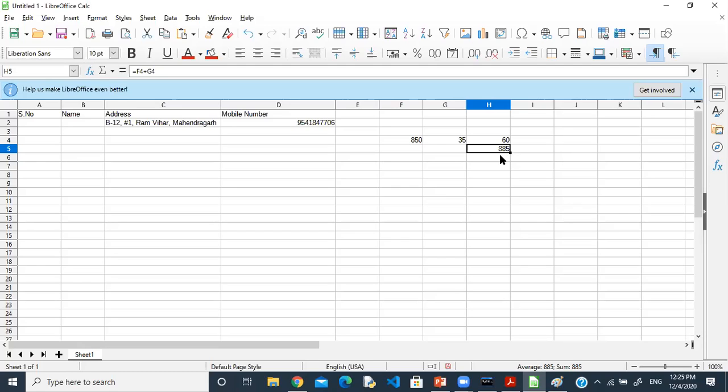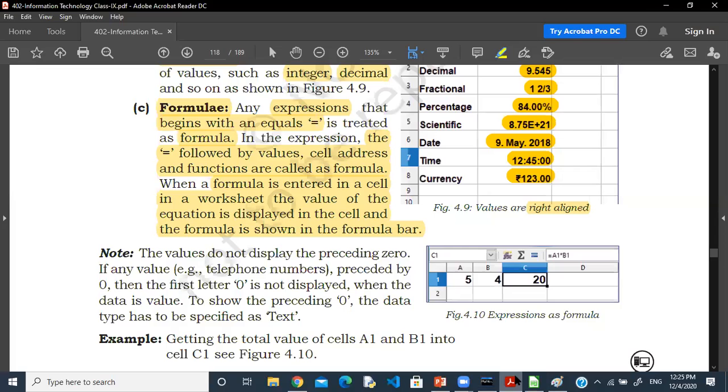Why or how? Because this formula is based on the cell address. So whatever value is written in the cell, it will automatically get the current and updated value of the cell. But here you have written the number directly, so it is not based on a particular cell address. If you want to update this, you have to change the number, and then you will get another value. So now you understand that whenever you write a formula, you can write values, cell addresses, and we can use other functions.